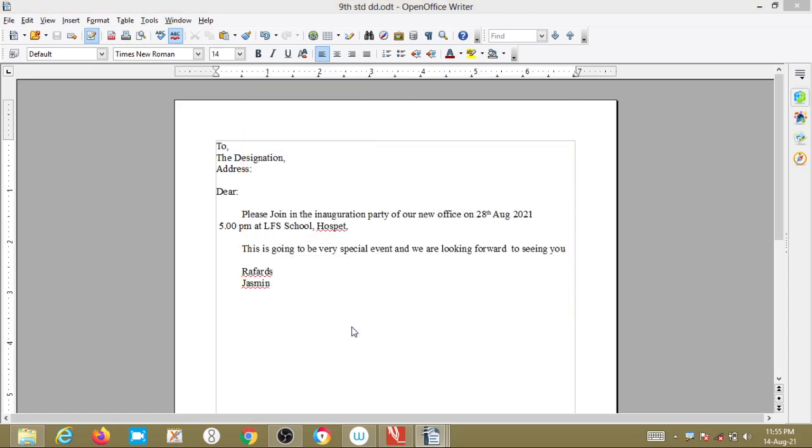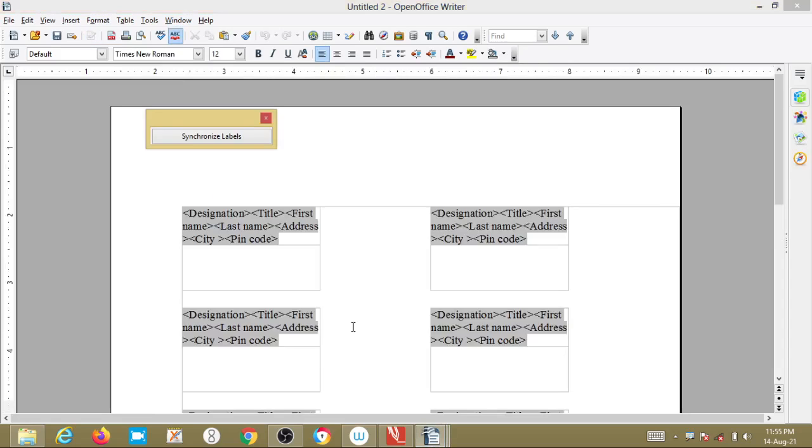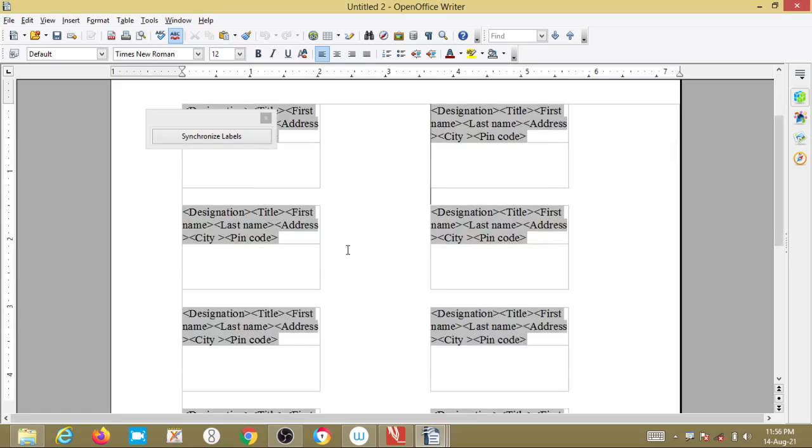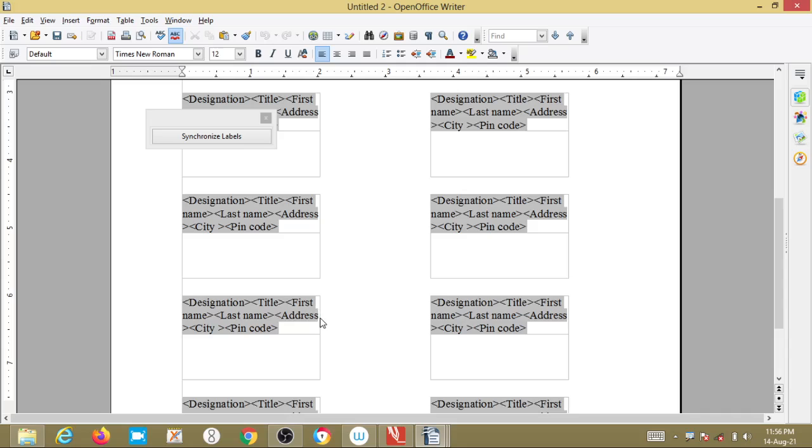If you click on the new document, you will get a new page displaying a series of frames. Here a series of frames will be displayed specifying whatever we have selected in the address book 2, and here the synchronized labels will be displayed on a particular field, whichever I want we can select that one. Okay, see here there are 4 members, right? So it is displaying here whatever we have selected there. So whichever we want we can select that one from here.